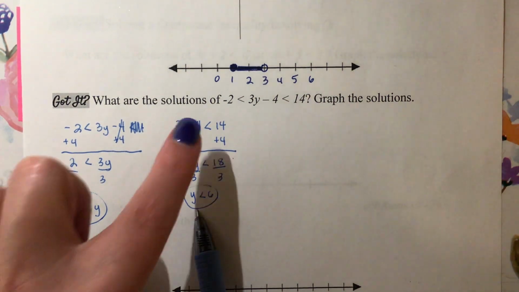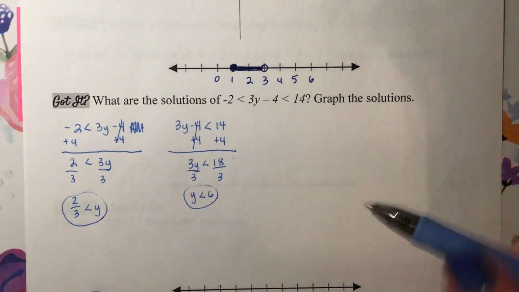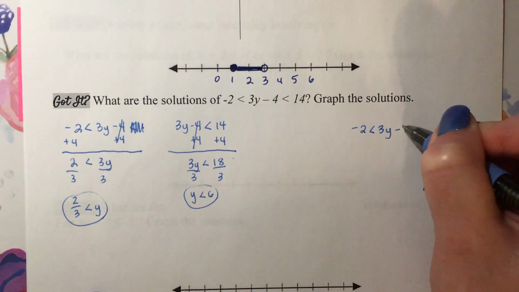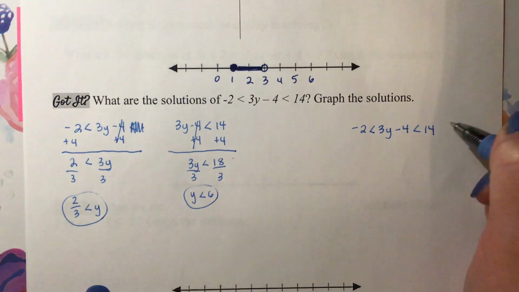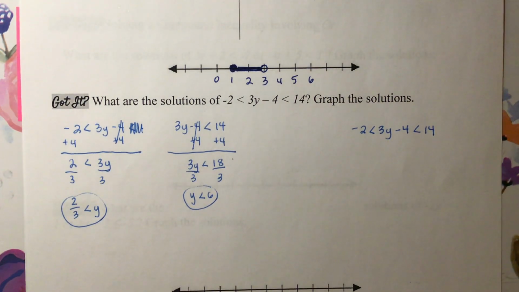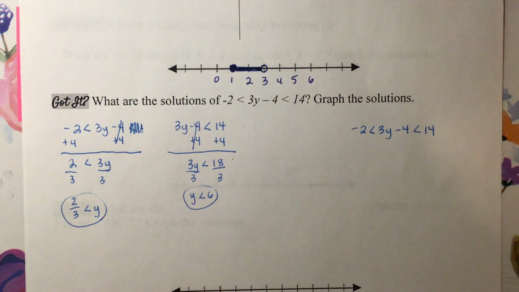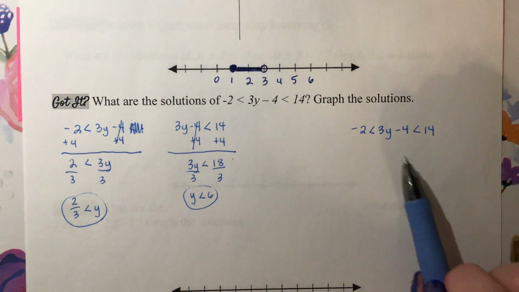Let's do it where we leave it all as one inequality so you can see that again. I have negative 2 is less than 3y minus 4, which is less than 14. And let me just say this. When you're doing your homework or you're filling out a test or a worksheet, you don't have to do it both ways. Choose whichever strategy you like more and do it that way. I'm just working it twice so you can see it works using both strategies, but you don't have to do that. You just choose one that you want to do. Okay, so anyways,